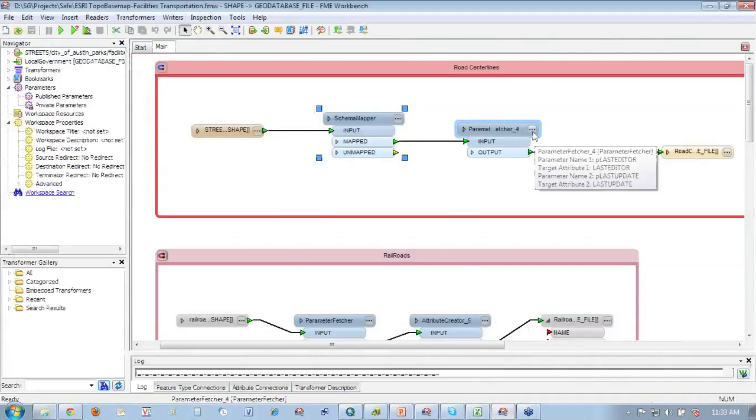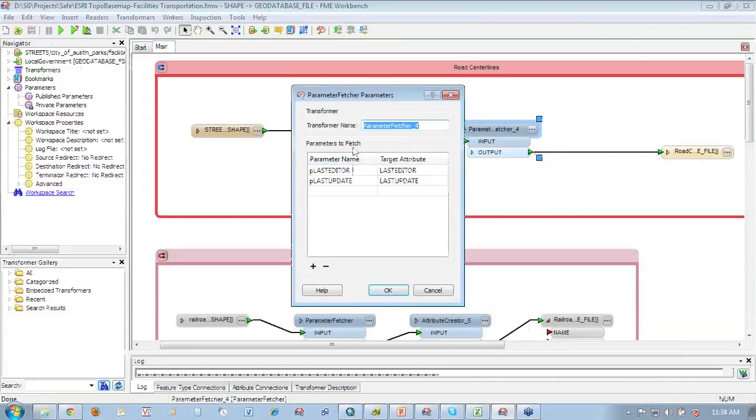So another one I've got going here is just a thing to fetch a few parameters. So it's parameters just like you might see in ArcGIS geoprocessing. We have parameters in FME as well. And I've gotten in the habit of actually passing in parameters for the last editor and the last update fields. Who was the last editor and when did it happen?